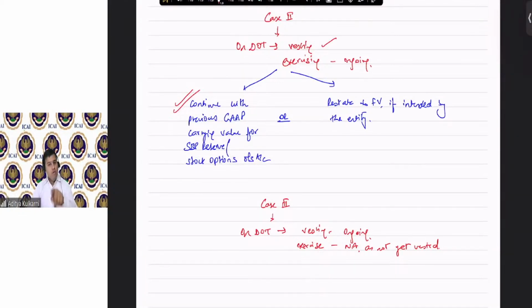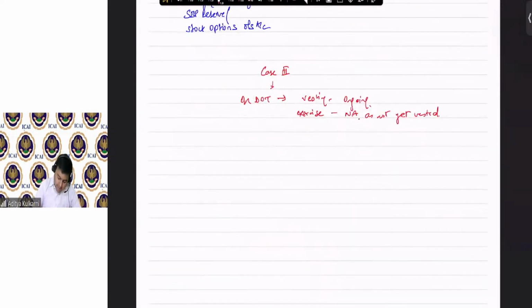Okay. So now you tell me, you are aware of the fact that AS regime had intrinsic value. Ind AS regime requires fair value. In the middle, my transition is happening, expense is still to be booked. So if I have to put a timeline for you,